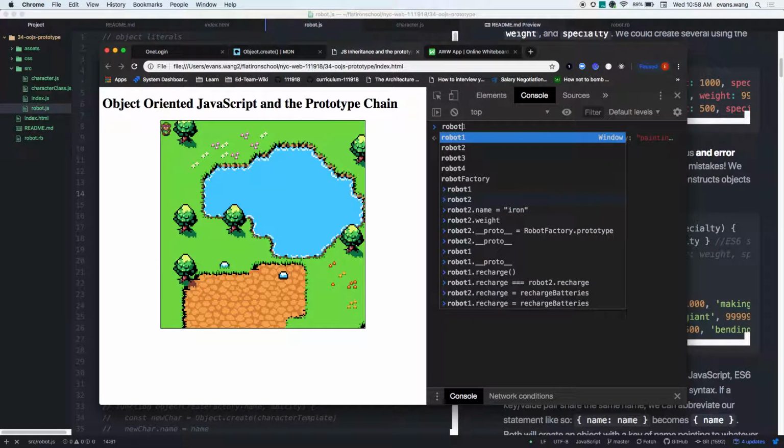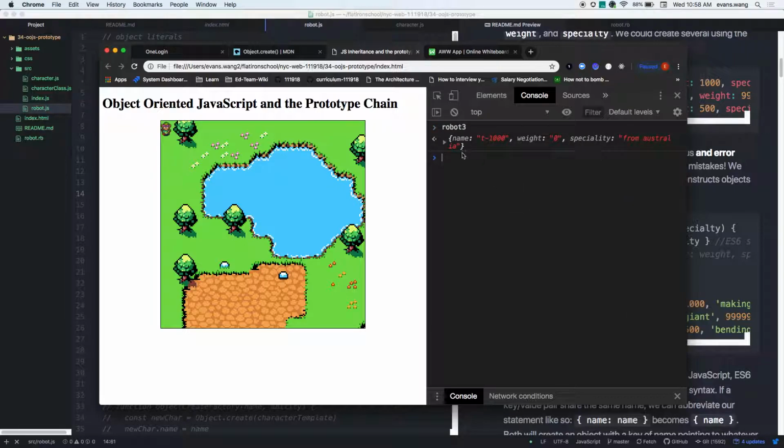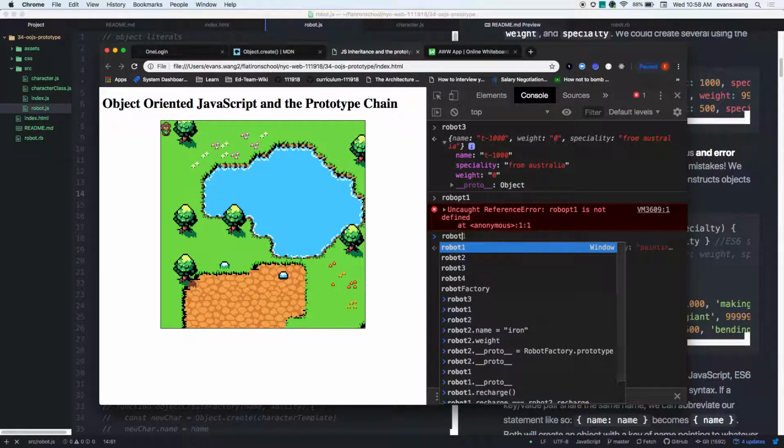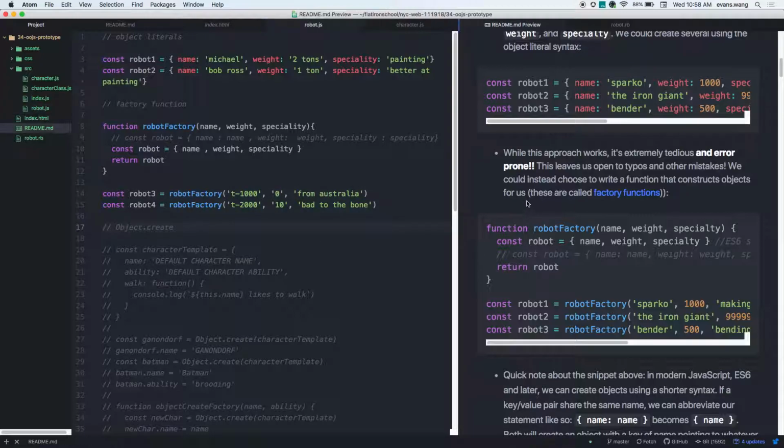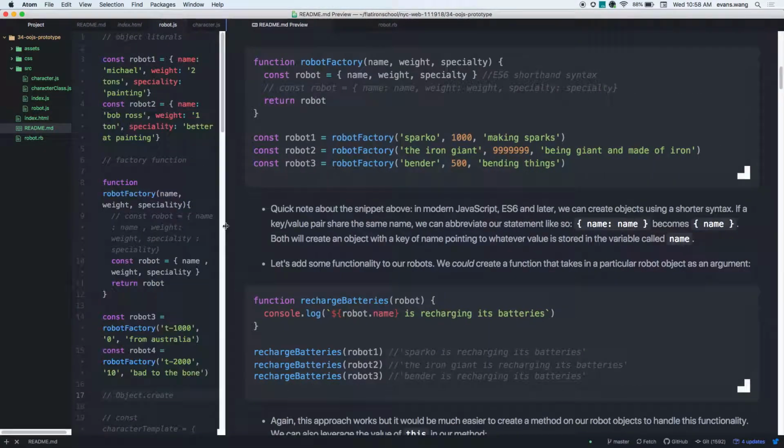Cool. What is robot 3? Just the object. Cool. No real difference. Great. Let's keep going. What I want to talk about, and this is where it starts to get really wacky,